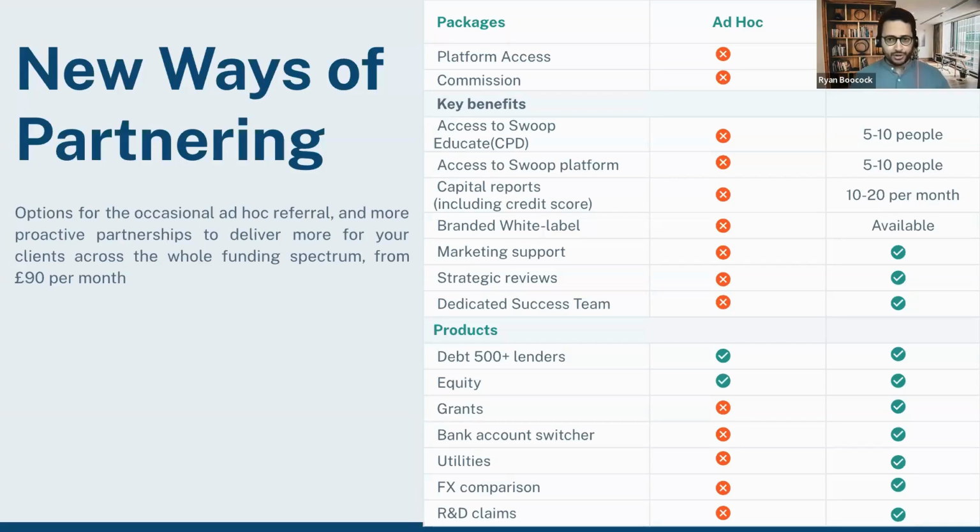So the first is essentially an ad hoc referral system, whereby we can send you an inquiry form that's just one page online. You can fill it in on behalf of a client, and then you can choose whether we speak to them or we speak to yourselves. We do not speak to clients without expressly being asked by yourselves. So you remain in control of that conversation and control of the relationship, but it's up to you.